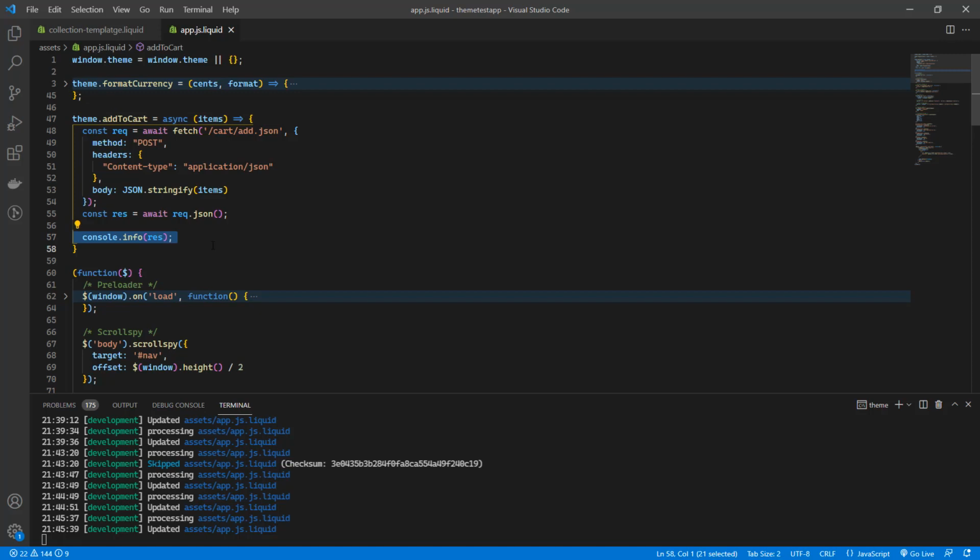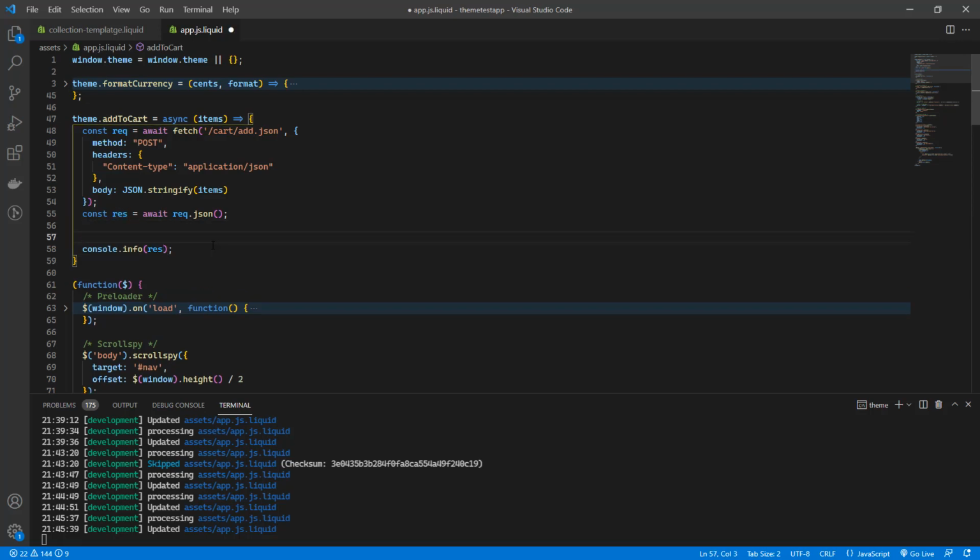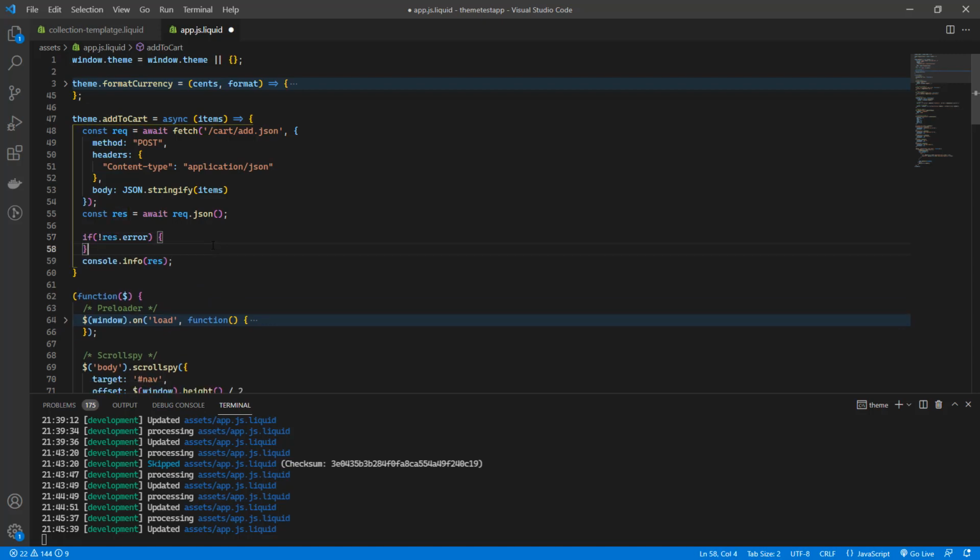So I'm going to check here if dot error or not, then what I'm going to do, let's create our